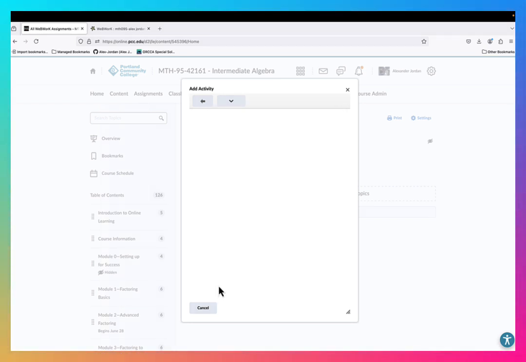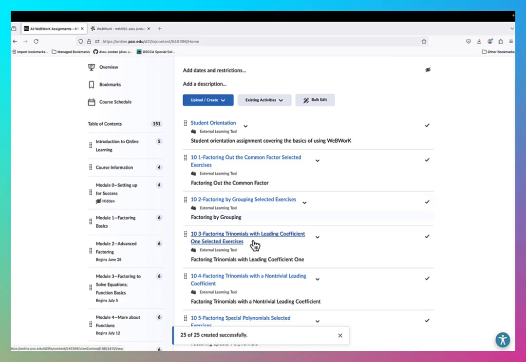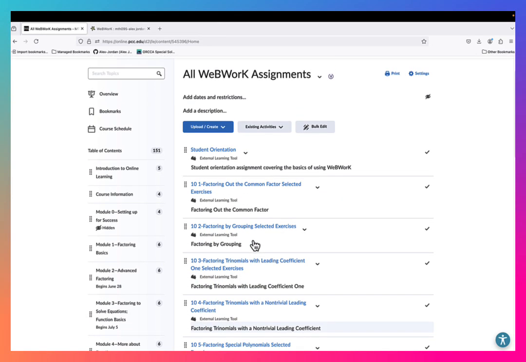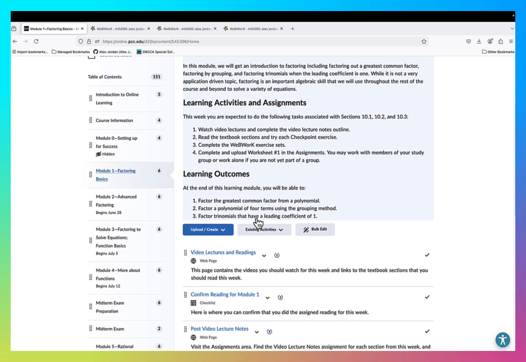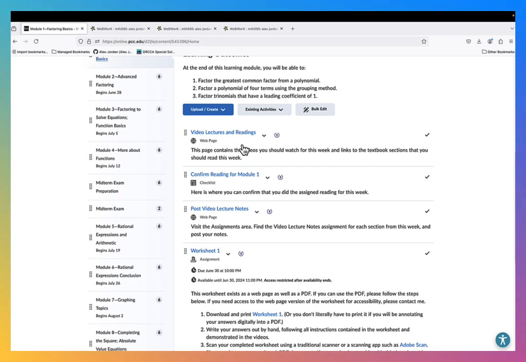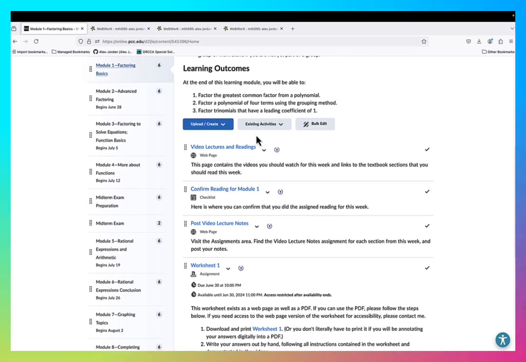I submit choices. And now, after a little bit of time, I have links to all of those WeBWorK assignments here in this module. In my actual modules, I want to use those links. I've already got a lot of structure set up here. You might not have that yet, but when you're ready to add a link to the individual WeBWorK assignments, it's